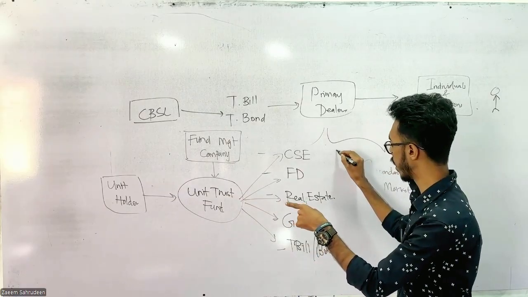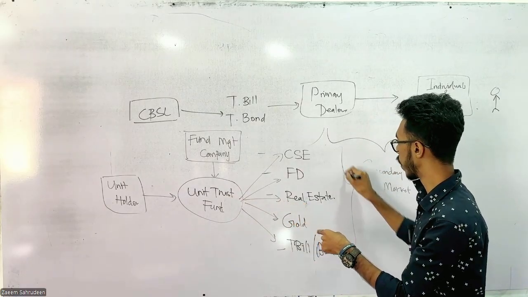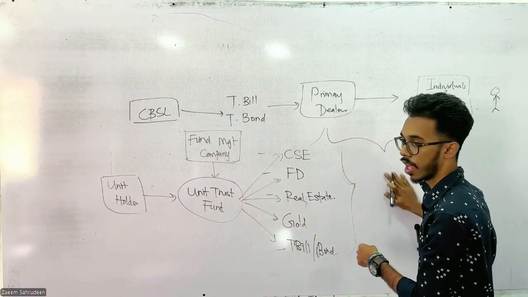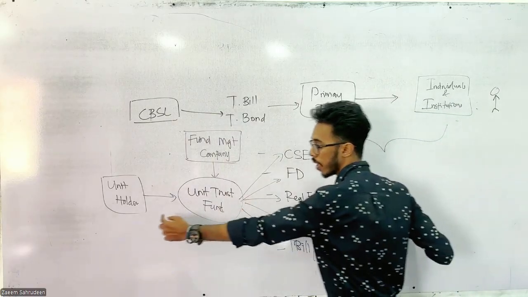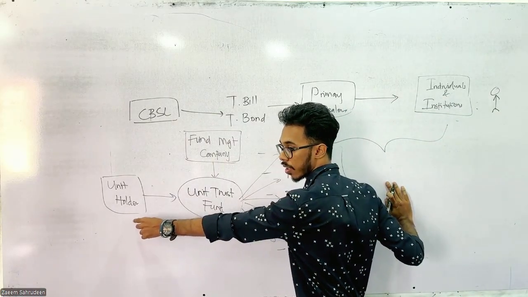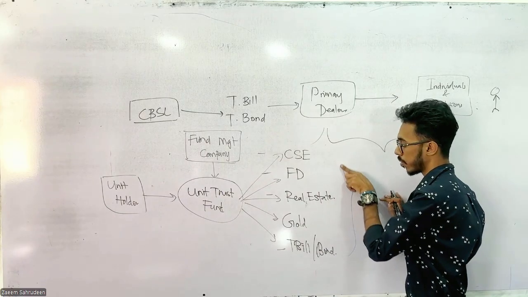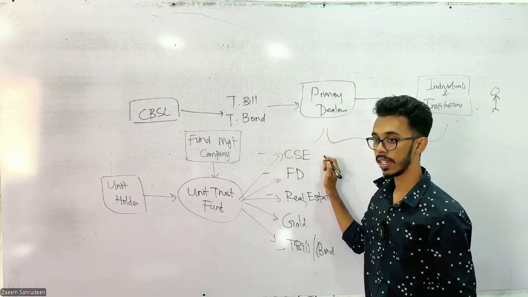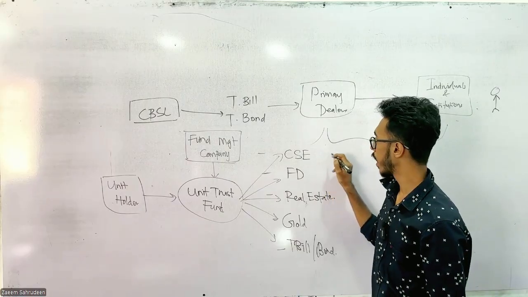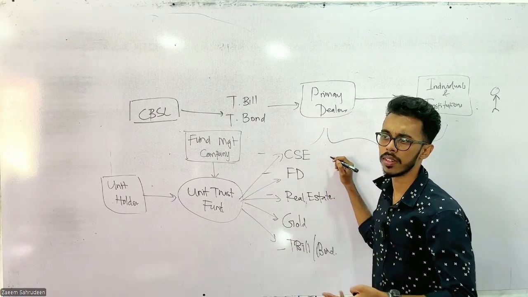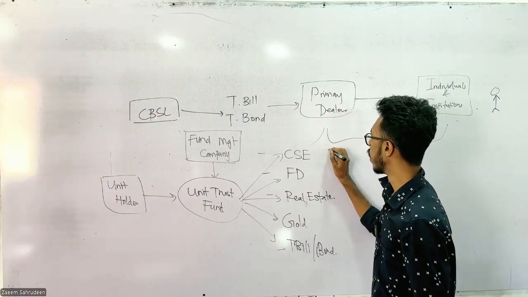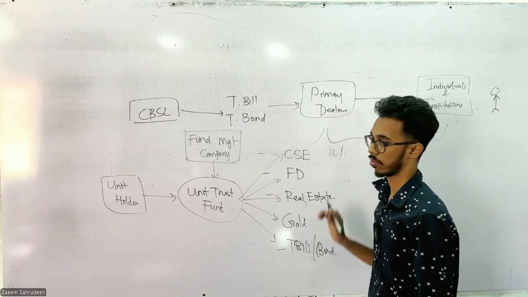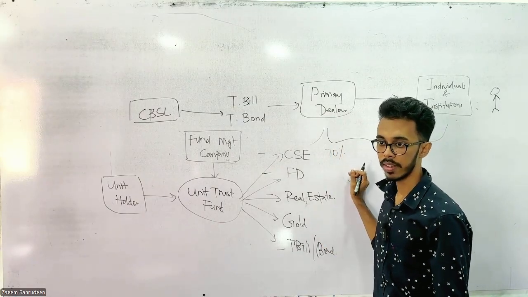In return, you will get an average return from this. This average return will be provided to the unit trust holder. For example, let's say the methodology in CSE, you will get a return on an annual basis. Annually, let's say you get a 70% return.